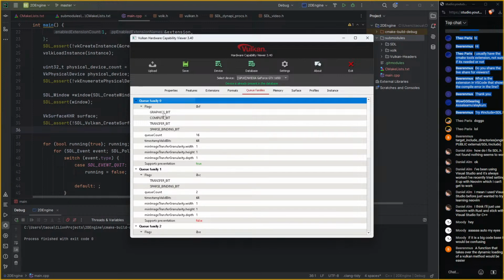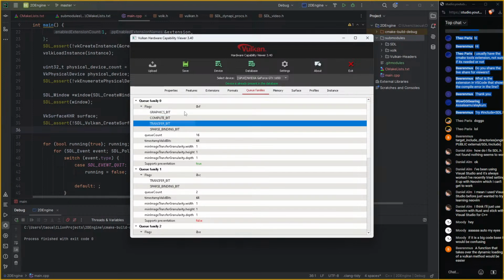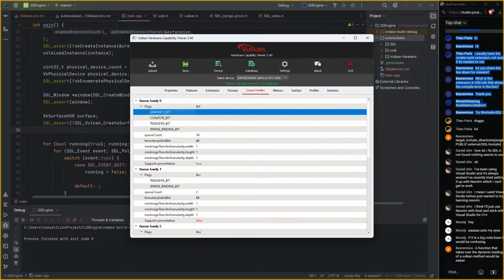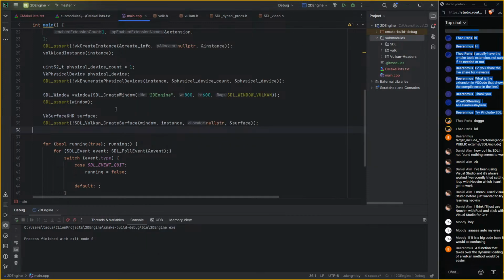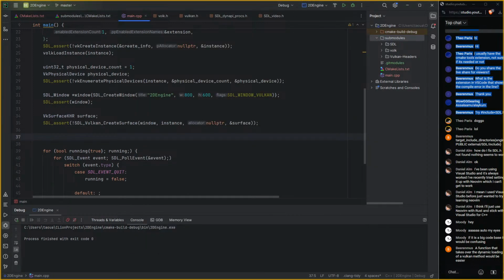So the queue family is here, as you can see. It supports graphics, compute, and transfer. We're interested in graphics here. And it also supports presentation, which is needed to actually present the rendering to the surface. So as long as the queue family has these, you're good. This queue family has 16 queues, but let's not go crazy over that. So I'm gonna skip over that part where you actually have to look for the perfect queue. I'm not gonna do that. We're just gonna say,